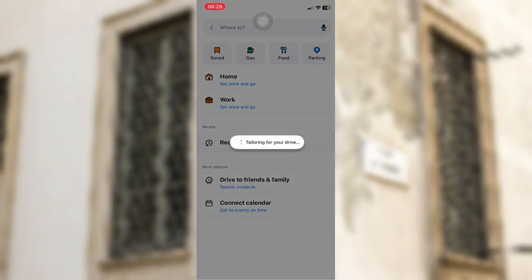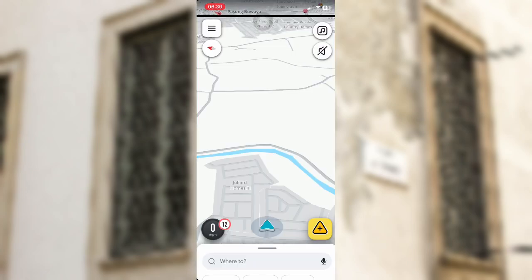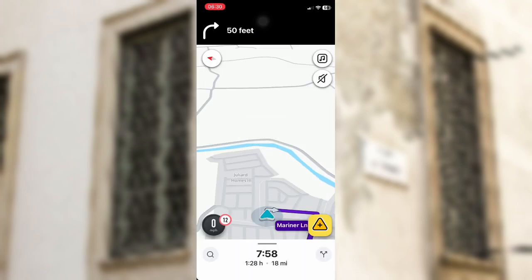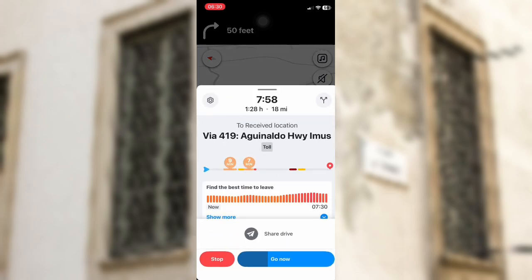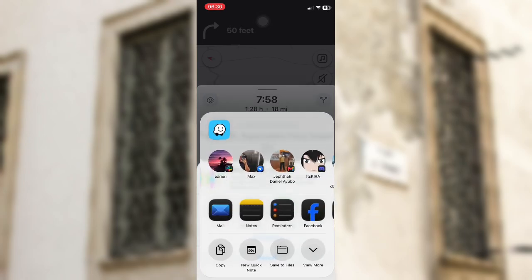Waze will open your phone sharing options, where you can choose the app you want to use such as WhatsApp, Messenger, or Messages. Select your preferred app and choose the person you want to send the location to. Then tap send. The recipient can open the shared Waze link and view the location in Waze or through their